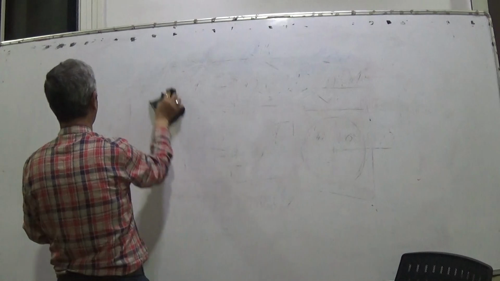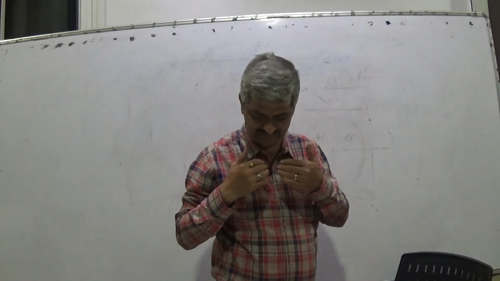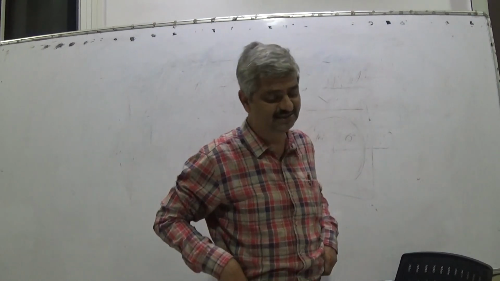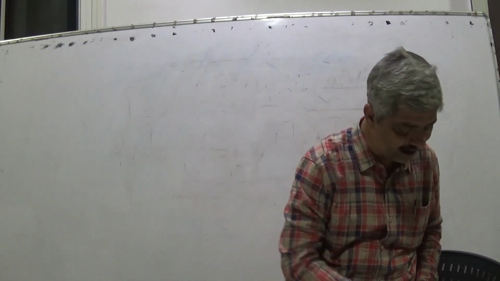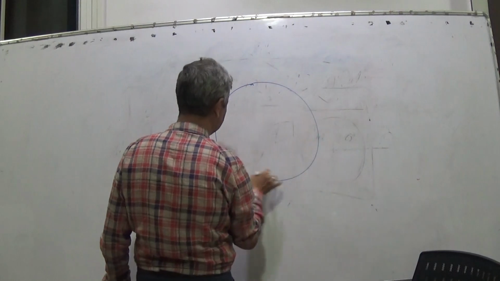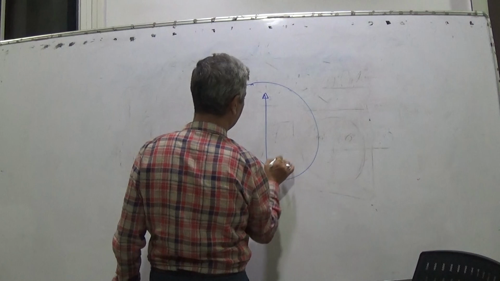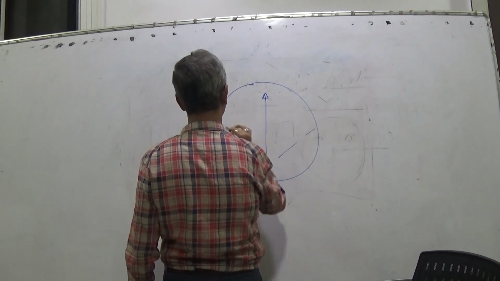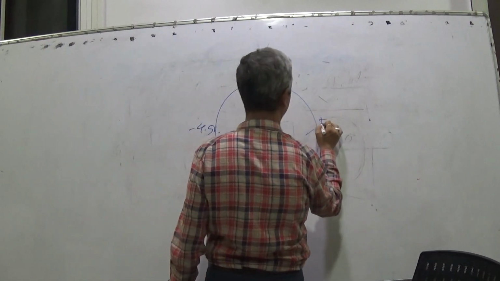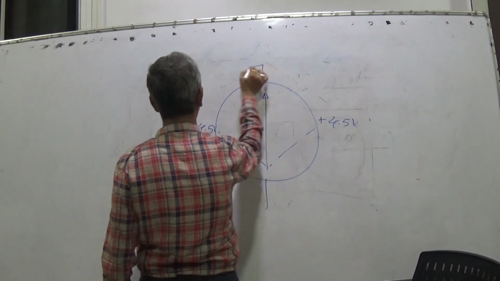In that there is nothing like AC voltage, but AC is considered to be a well-known term for alternating things. So if I have got this voltmeter which is having center at 0 and 45 degrees, this is minus 4.5 volts, this is plus 4.5 volts, and if I connect